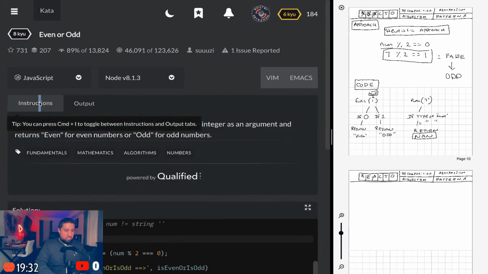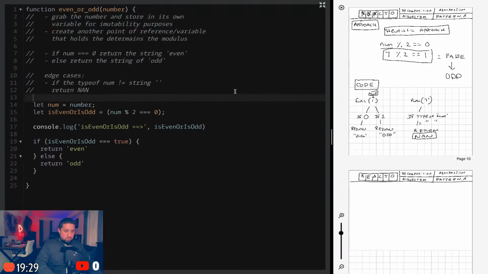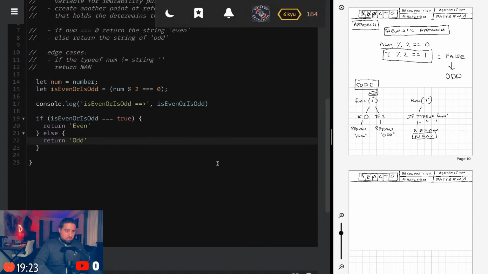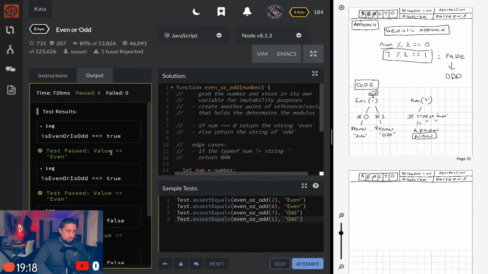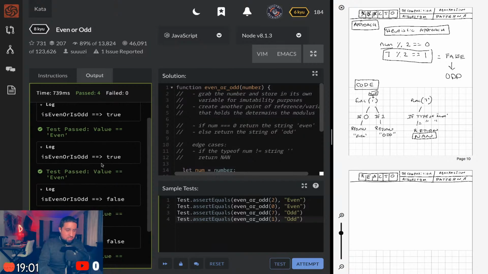Okay, so let's change that. So even, odd. All right. Let's test it. Now I'm passing all 4. Yippee! I need like a bell. You know what? I'm gonna get like a soundboard or something. But I'm gonna clap for myself right now. I'm not totally out of the woods because those edge cases, I'm expecting some weirdness to happen once I attempt this, but it's working. I'm passing all the tests.